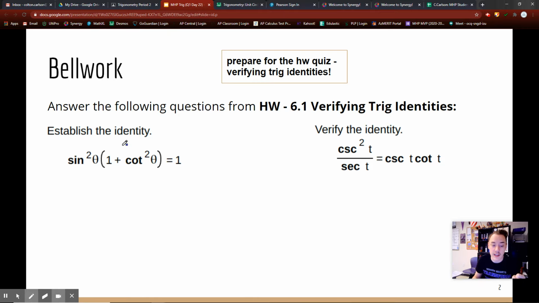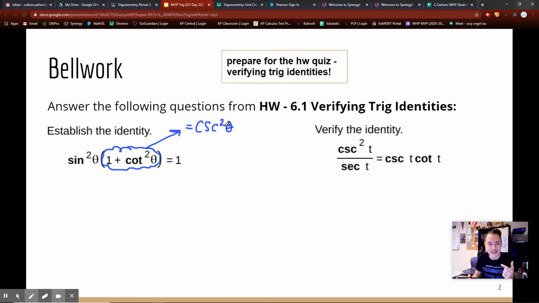So this first one right here, I see a couple things. I already have sine squared theta, so it's already in sine. That's nice. But then I also see this, 1 plus cotangent squared theta. Now this right here should ring a bell. This should tell us, oh my gosh, that's a Pythagorean identity, because what that equals is cosecant squared theta. That is a Pythagorean identity, and we need to make sure we have that at least